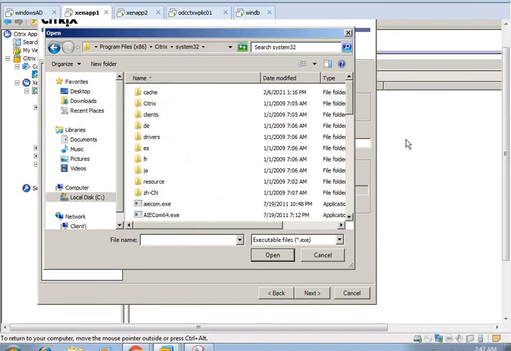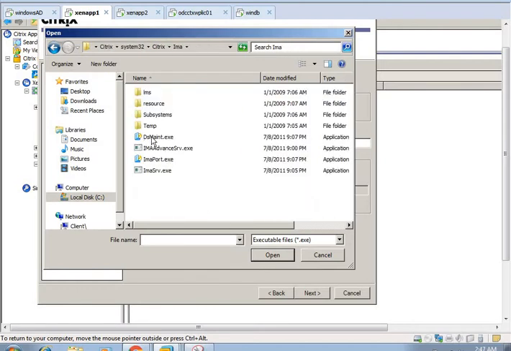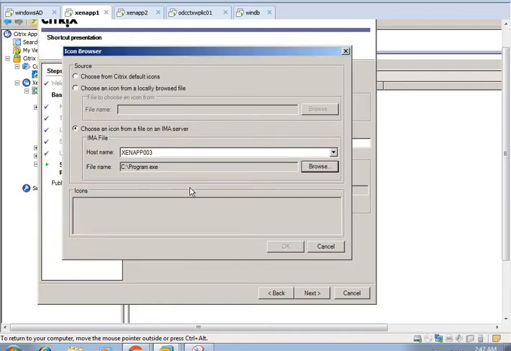System32. I am selecting the option which is the default option of Citrix.